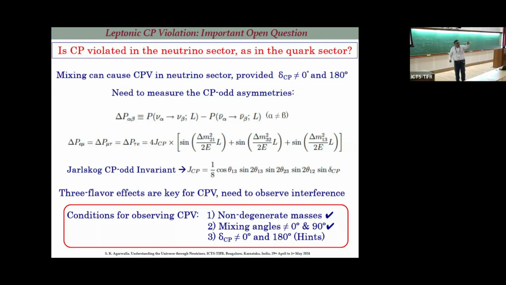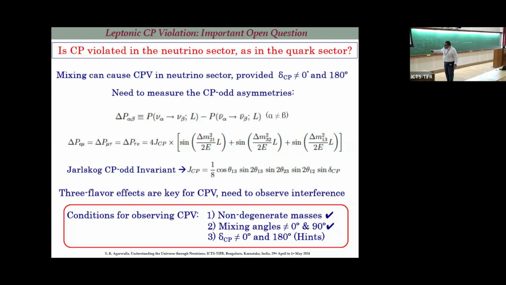You should all estimate it as homework. In vacuum, try to estimate this delta P alpha beta. Take alpha beta any flavor. Please do this exercise because I have given you the 3 flavor vacuum expression. There was a real part, there was an imaginary part, and then try to calculate that. What is this? This is the difference in the probability of neutrino minus anti-neutrino.